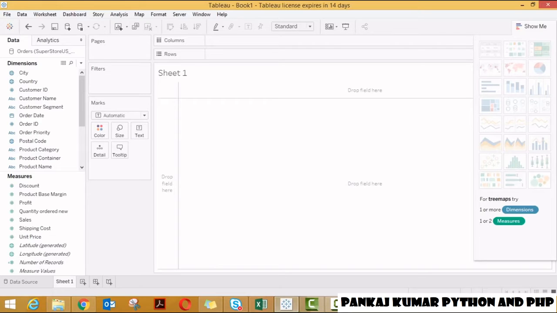Okay, so guys, you can see the entire selection of chart types in the Show Me menu. If you mouse over each chart type, Tableau will offer guidance on which chart is best suited for your data. For example, if you load any data, Tableau will activate only the few charts which are suitable for your data, and it will disable all the other charts in gray color.